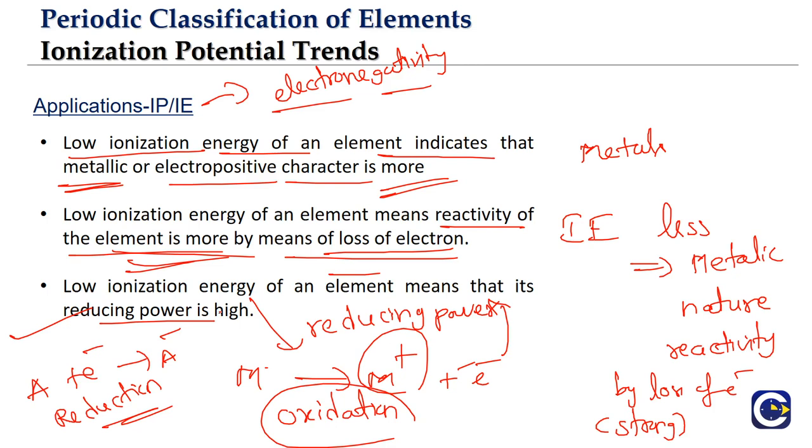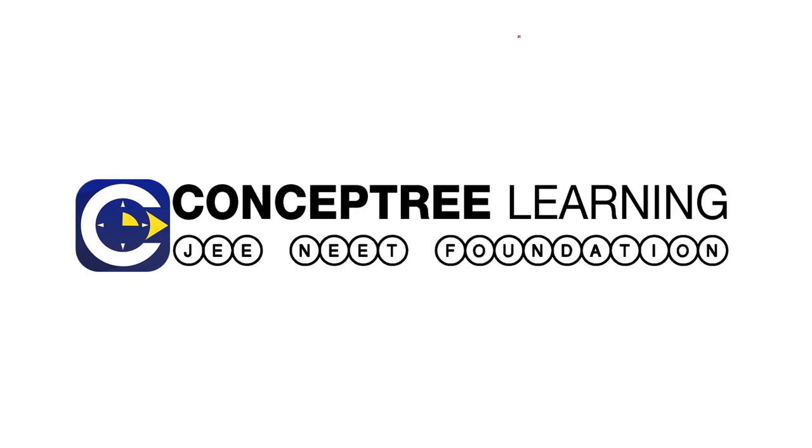But this is about the applications of the ionization energy. One of the important ones is electronegativity estimation. So this is about the ionization energy, or ionization potential or ionization enthalpy trend. And like we always keep saying, we need to focus on the exceptions to the regular trends, and the reasons for the exceptional behavior or anomalies. We will see that in the next trend video.